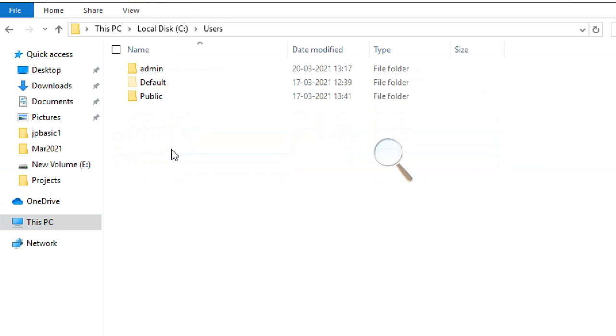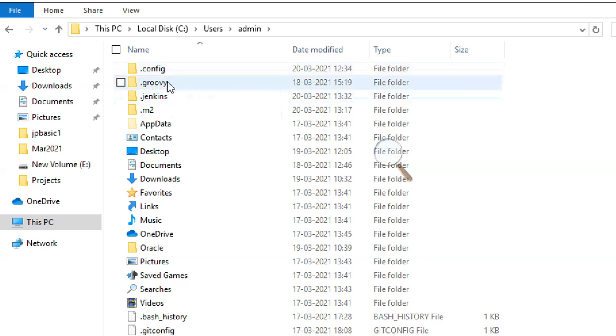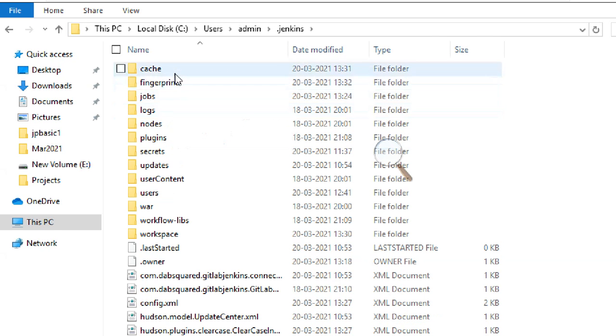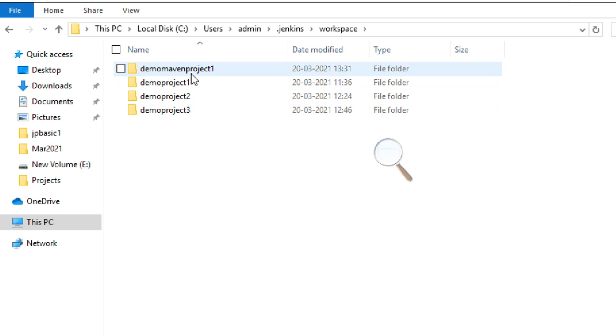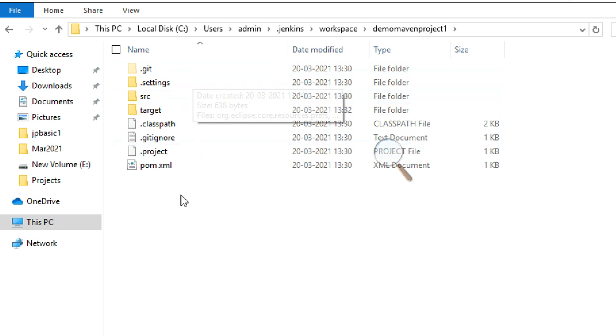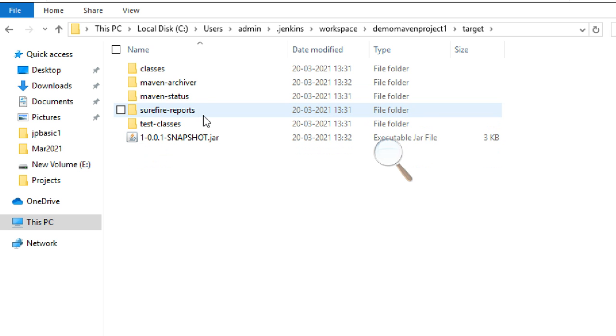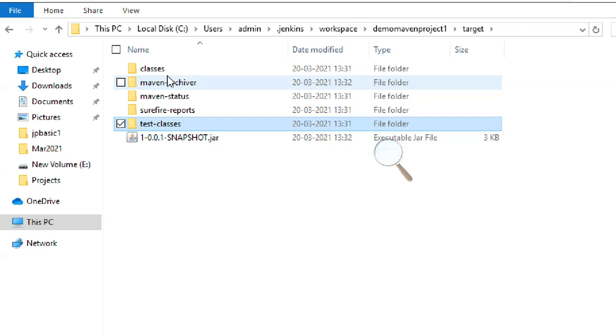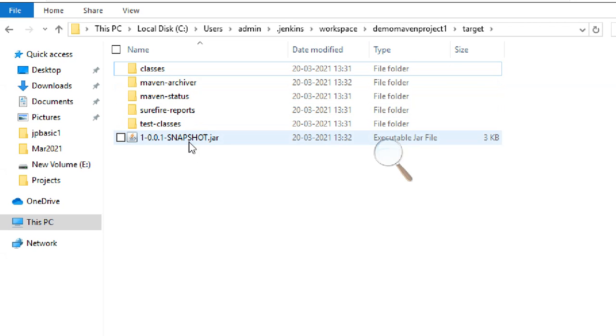Okay, no, not in documents. Here, admin, Jenkins, workspace, Maven project. So this is where we got the data. This is target. Okay, so these are the Maven archiver reports and all kinds of test classes.